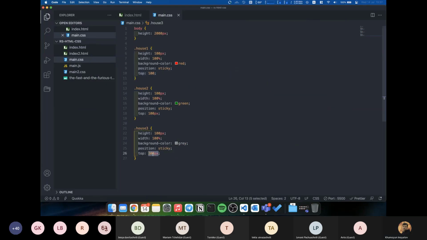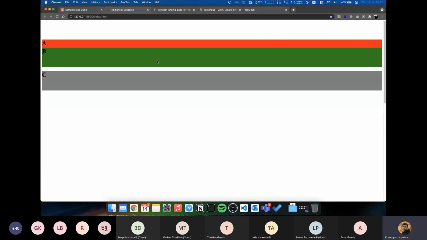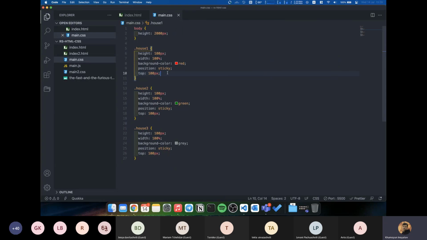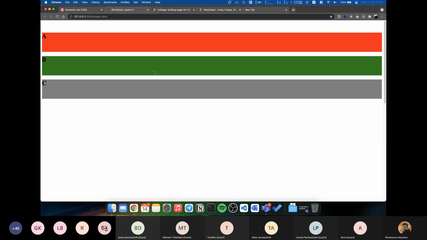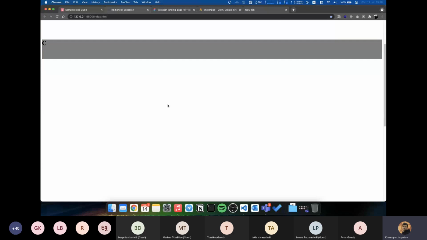So as you can see, top 200 for... also let's make it 100 pixels. You can see the result. Let's delete all of them. I know we shouldn't delete that. It works like our telephone,